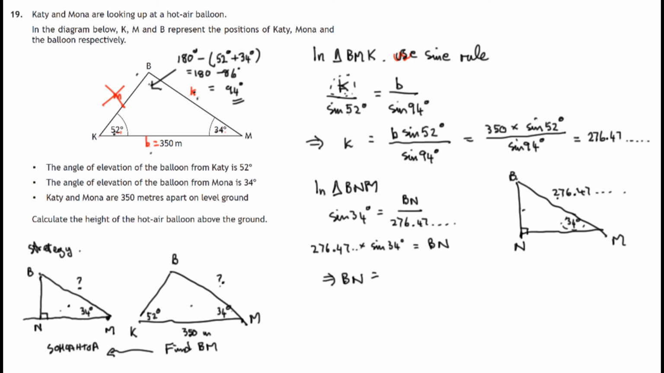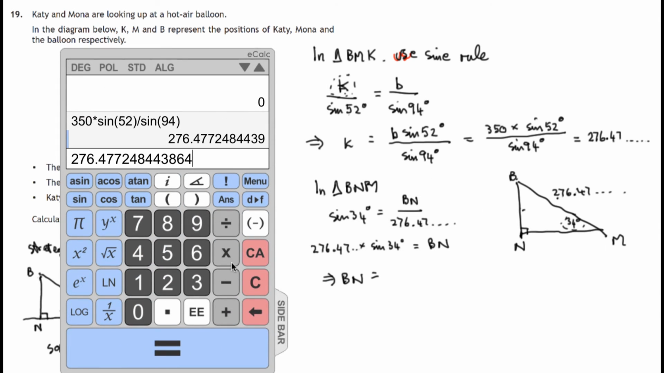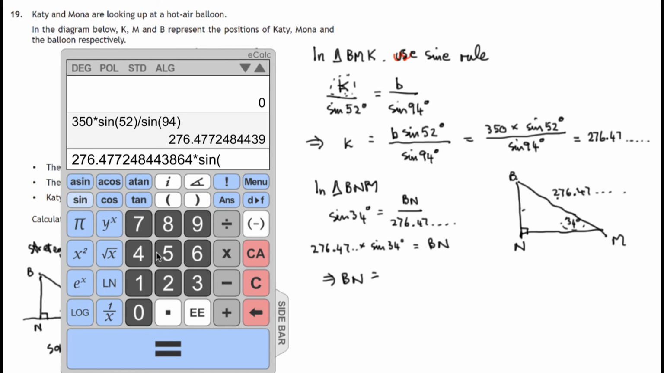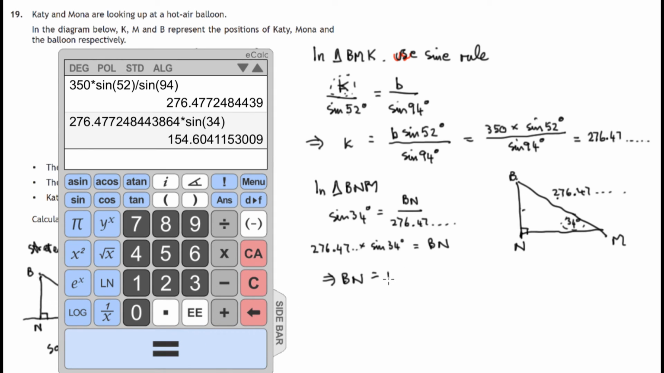Let's drag out the calculator again. So it's this number, 276.47 and so on, multiplied by whatever the sine of 34 is, sine 34. That comes to 154.60 and so on. So the height of the balloon